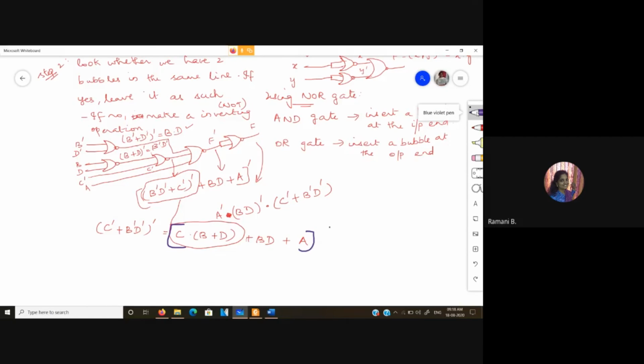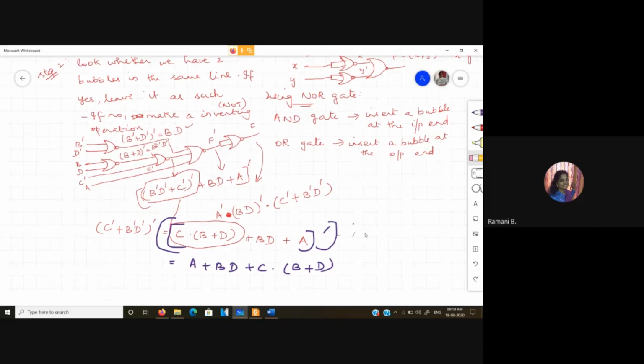So this is complemented. This is what the output over here will be. So again complementing the whole thing, I am going to get the function as such. Okay, that is what our function is. So the double complement of this is going to give me the same expression. Okay, are you able to understand this?